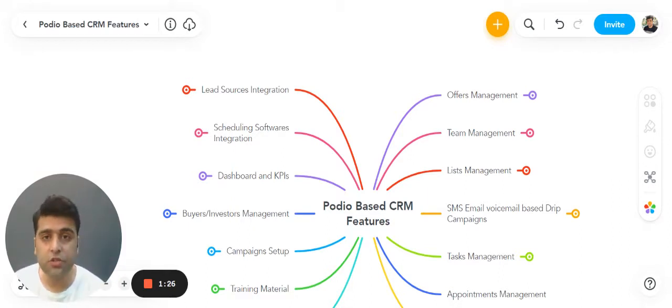What can be those lead sources? You may be generating leads from cold calling, so you are using call center softwares like Call Tools, Mojo Dialer, or many other options available. And it can be connected with Podio. You can push your leads from Call Tools to Podio. I will be describing the integration